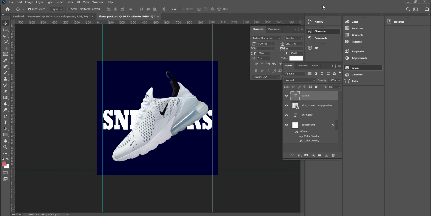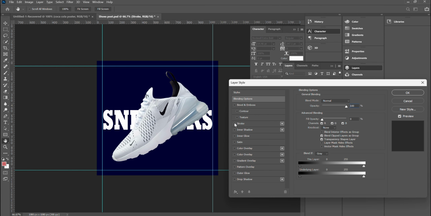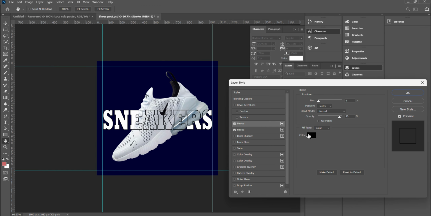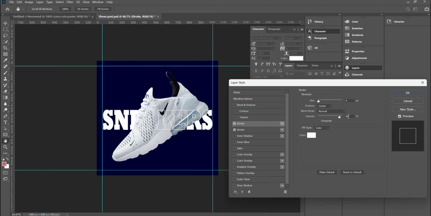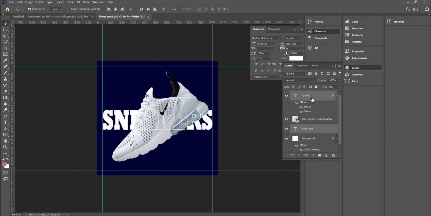Right click this and choose blending options, and under this tick mark the stroke and just hit that plus icon also and choose the color something related to white so that your stroke may be visible. So you can play with the opacity value to something like 50. Okay,